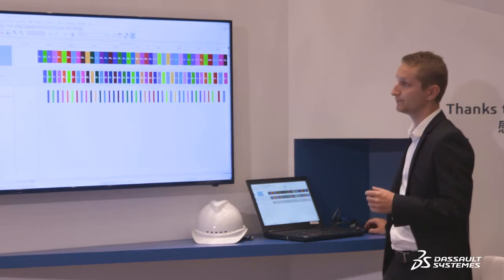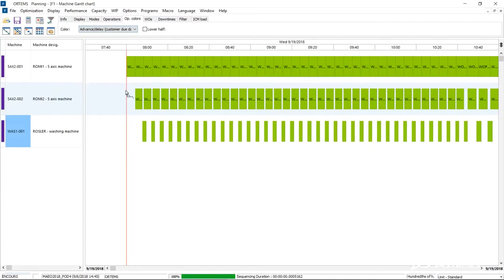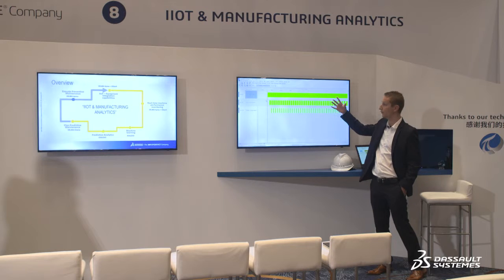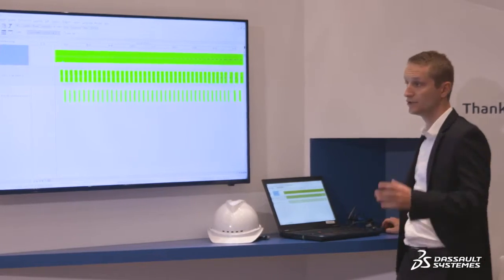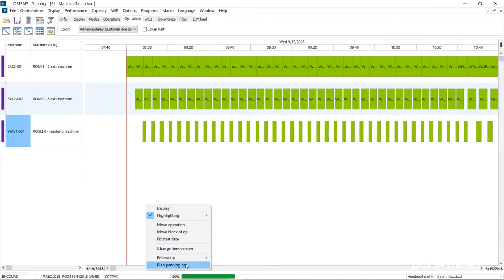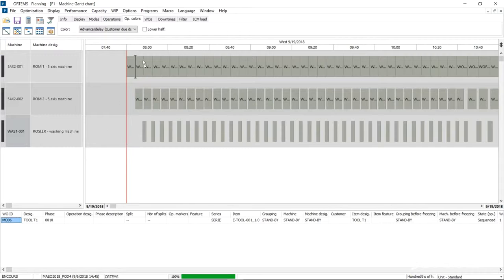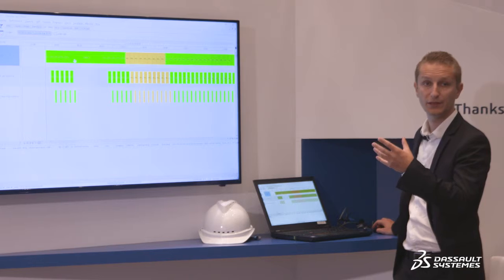So to do this, we might be interested in having information about the advanced delay status of all these work orders, and for that we have this specific color showing that for the moment everything is green, so on time. So let's now insert the maintenance order I've just created. To do this, I can easily drag and drop the order into the production schedule and dynamically and quickly see